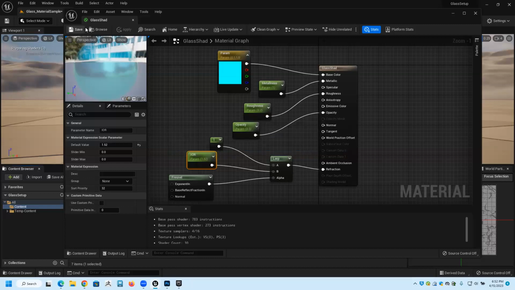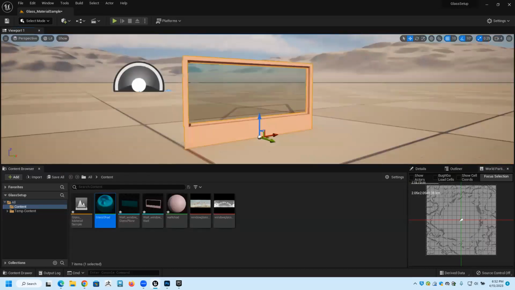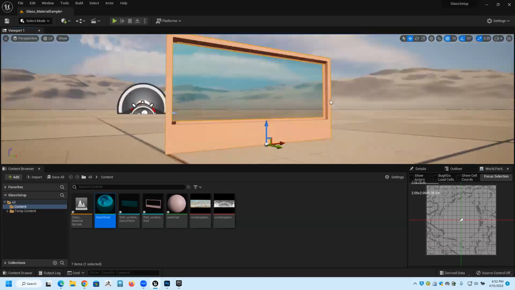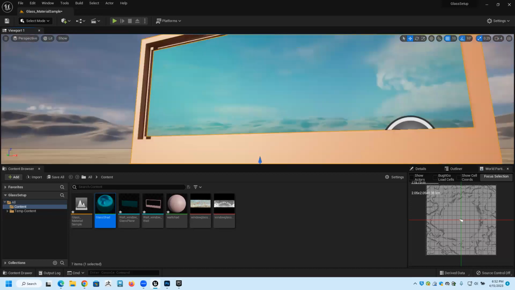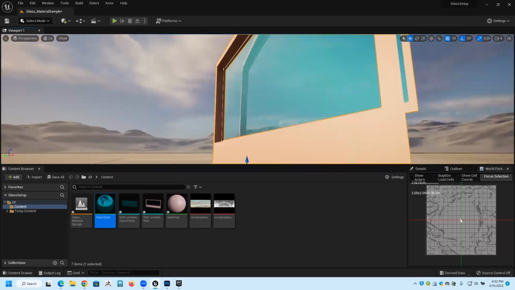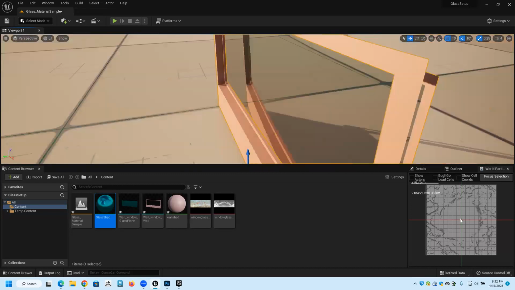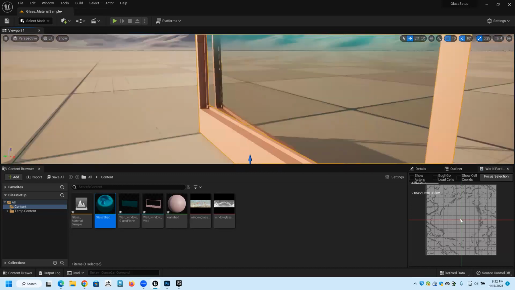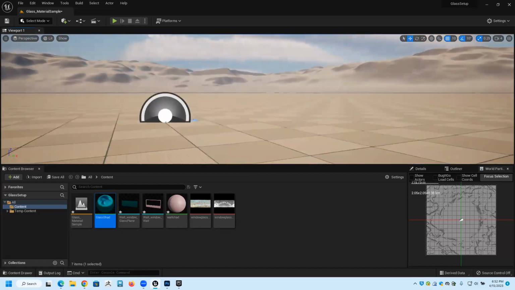I'm going to close this window. You can see right away that the material is showing me the effect on the window. I can see a little bit of the glossiness and everything. The material is reflecting some of it, refracting some of it too. So there's a little bit of refraction going on there. But this is not exactly an